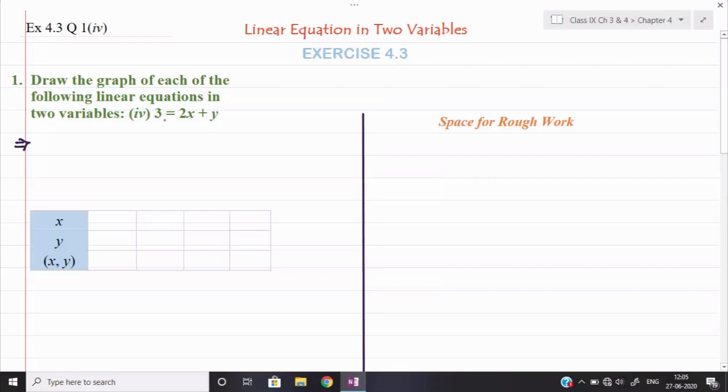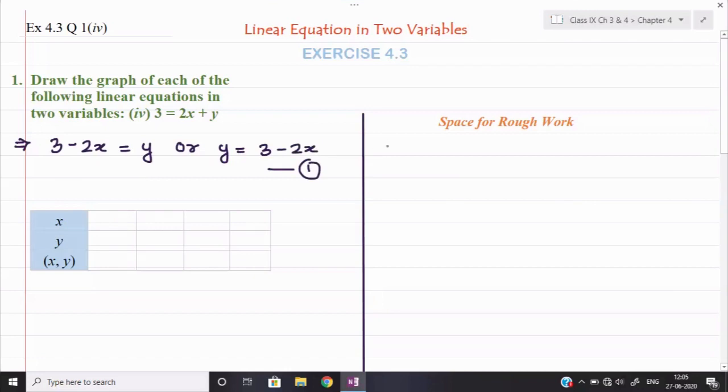Suppose if I send y onto that side, then 2 will come in the denominator, and hence the question will become more complicated. Okay, because each and every time you need to divide by 2 also. So that will be a tedious job for us. So we shall send 2x on this side and y we can keep onto this side. You can try once. You will observe that taking y on one side of the equation will be better. So value of y is coming here 3 minus 2x. Now let us keep the value of x different to get the solution.